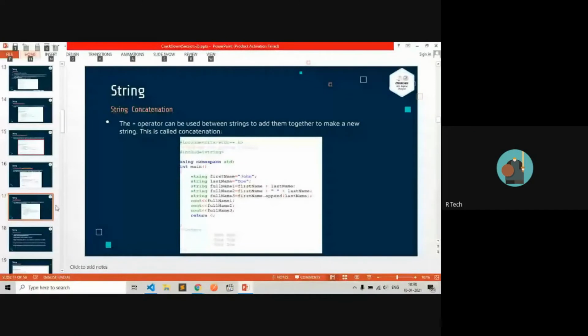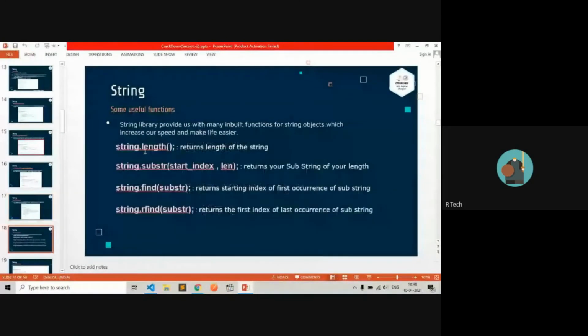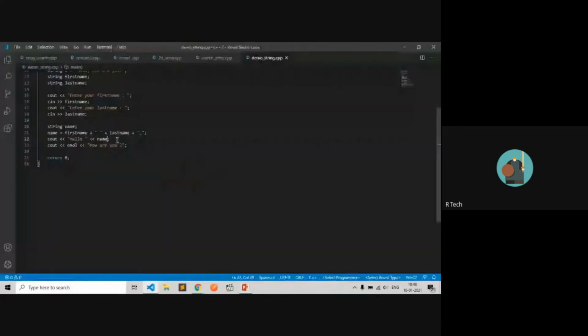After that, we will learn about some functions provided for use with strings, like length, substring, find, rfind. If you want to find the length of a string, just type string dot length. String means a variable, and dot length.